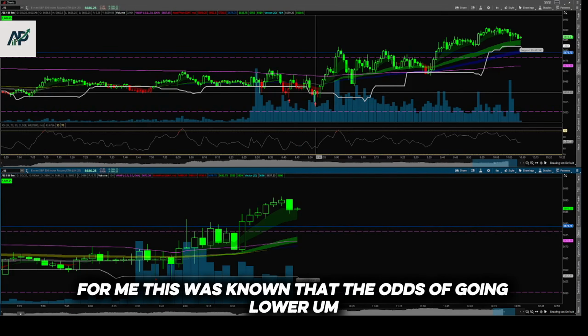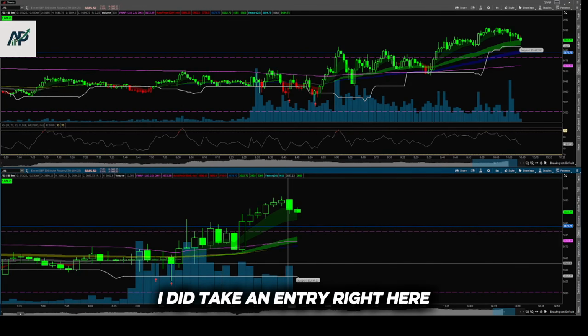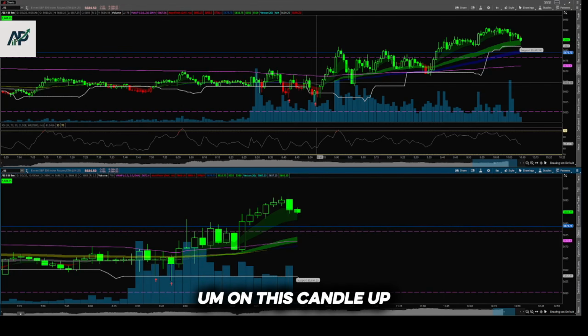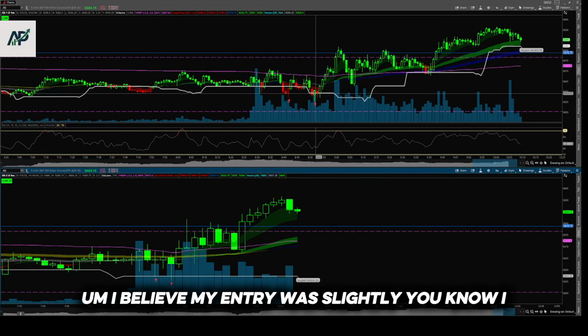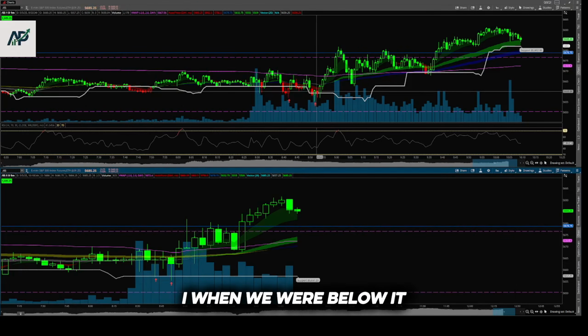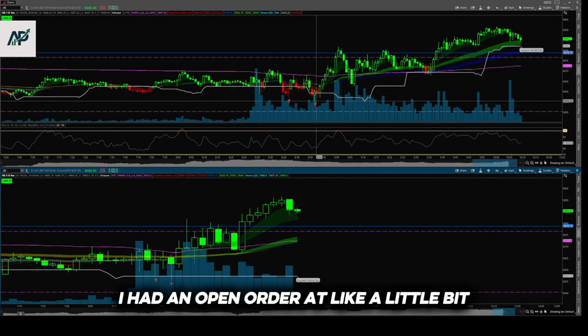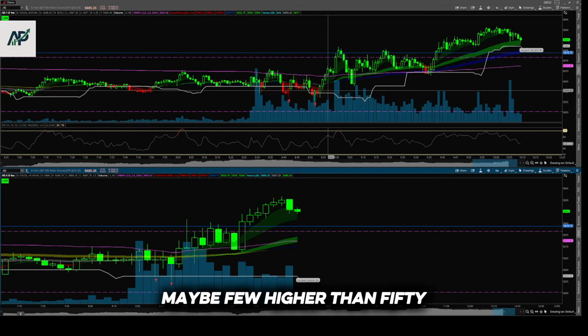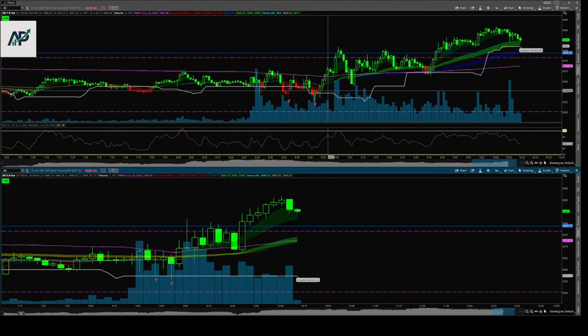For me, this was known that the odds of going lower were limited. I did take an entry right here, on this candle up. I believe my entry was slightly, when we were below it, I had an open order at a little bit, maybe a few higher than 56.60, and they did fill. My stop loss was